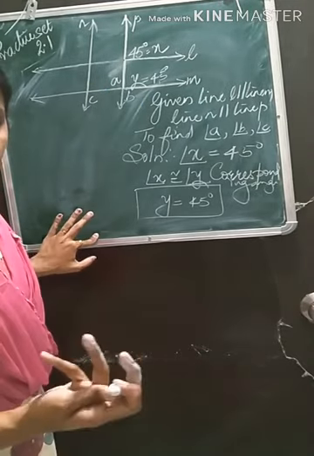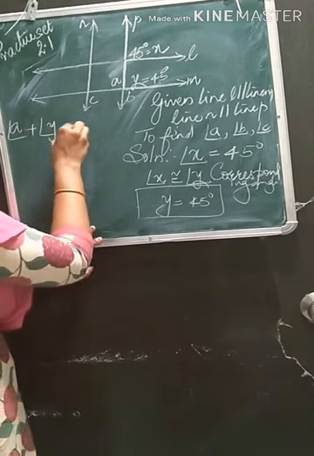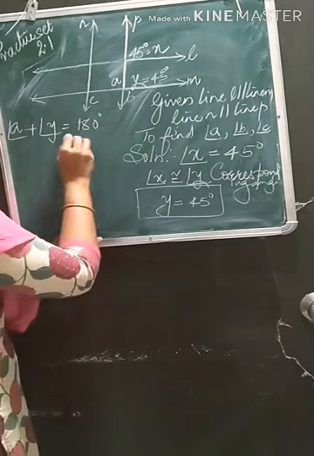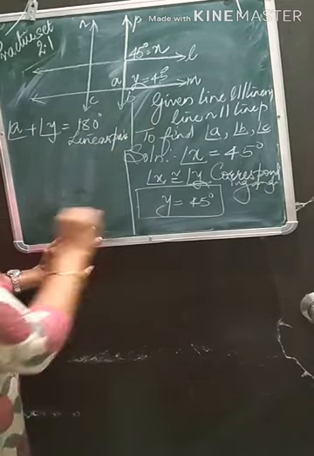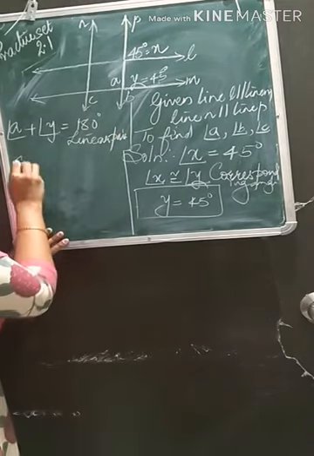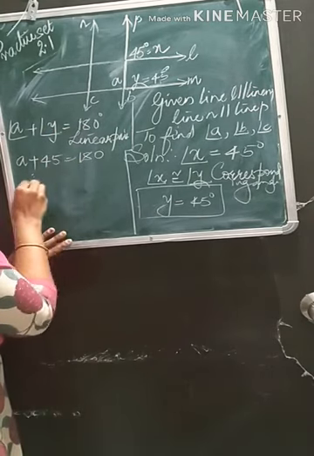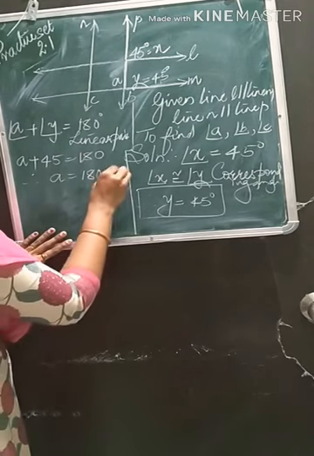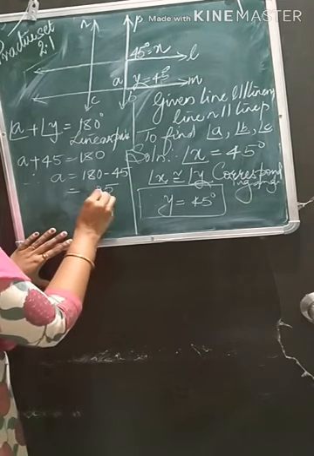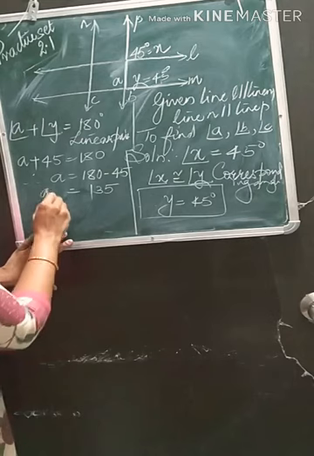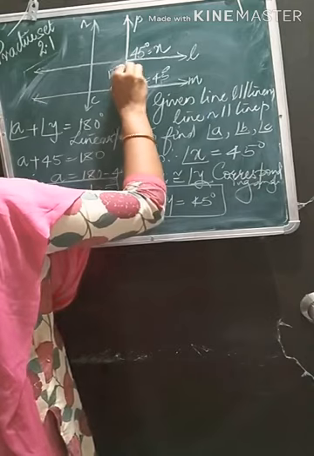They both are linear pair. Will you get it? So, I will write angle A plus angle Y equal to 180 degree. Most important, reason, linear pair. Okay. So if angle A, we don't know, plus angle Y is 45 is equal to 180. Therefore, angle A is equal to 180 minus 45, which is 135. Angle A we got 135 degree. So here I'll write 135 degree.